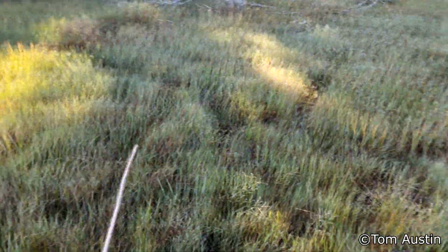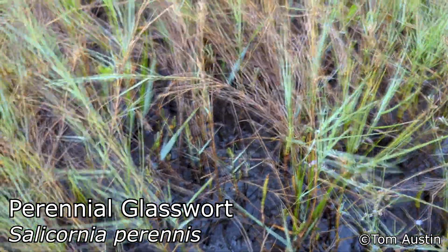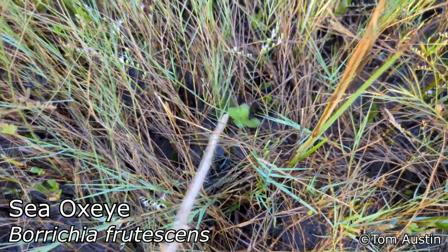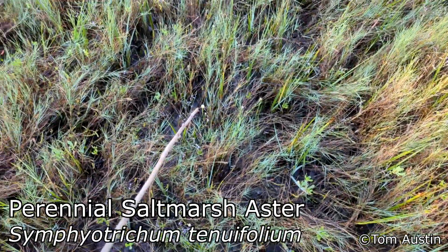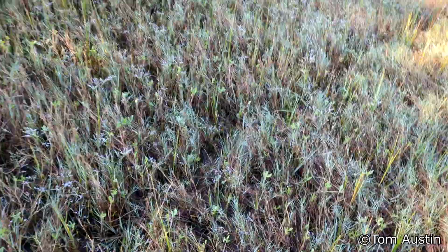You see, you got just a little bit of spartina in here, whole lot of saltgrass, and then you roll on in here, and you've got perennial glasswort down here, Sarcocornia perennis, sprinkled throughout, and of course, sea oxeye daisy down in here, Borrichia frutescens, which blooms in June. But then you got your salt marsh asters, you got your Carolina sea lavender, all just intermixed, moving uphill, forming